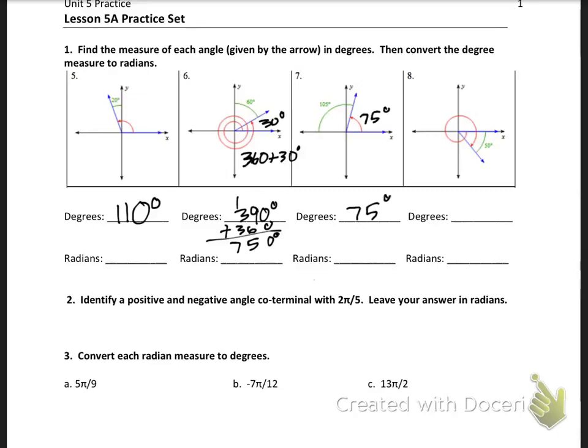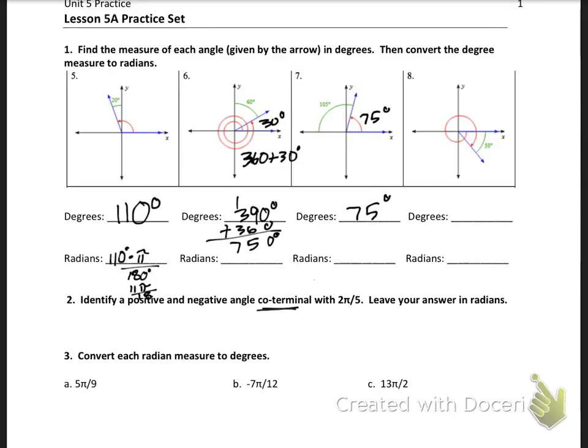went fine after that. What then came up was the radian measure, and that's just a simple, if you have a degree and you want radians, you multiply by pi over 180 so that the degrees cancel, and then you simplify as necessary. You should have gone to 11 pi over 18 and said, yippee, I'm done. The others are similar. I'm not going to go beyond that. This next one, though,